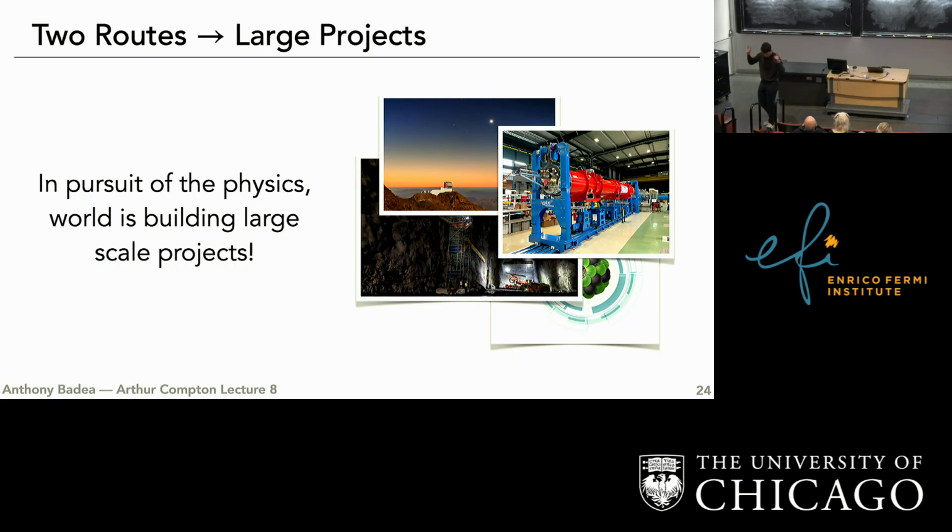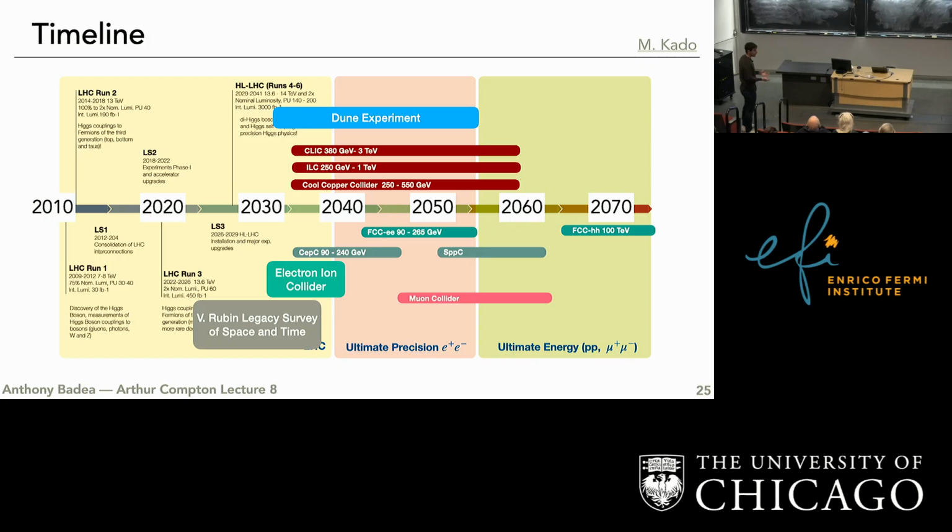And so when I think about these different things in the future, the inevitable thing I end up asking is, what is the timeline for this? How long are we actually talking? And this is a plot that actually kind of scares me somehow, because people really now talk about all the way out to 2070. And I'm young, so I look at this and I go, what the hell is going on here?